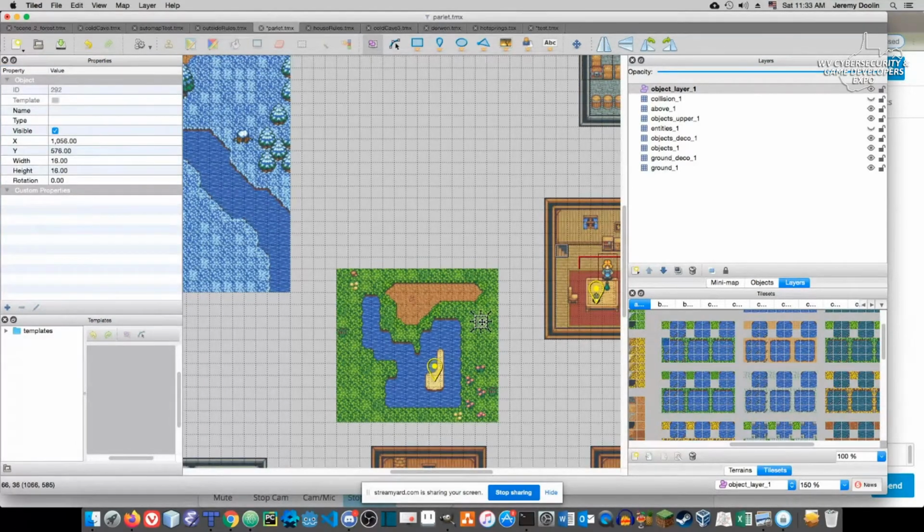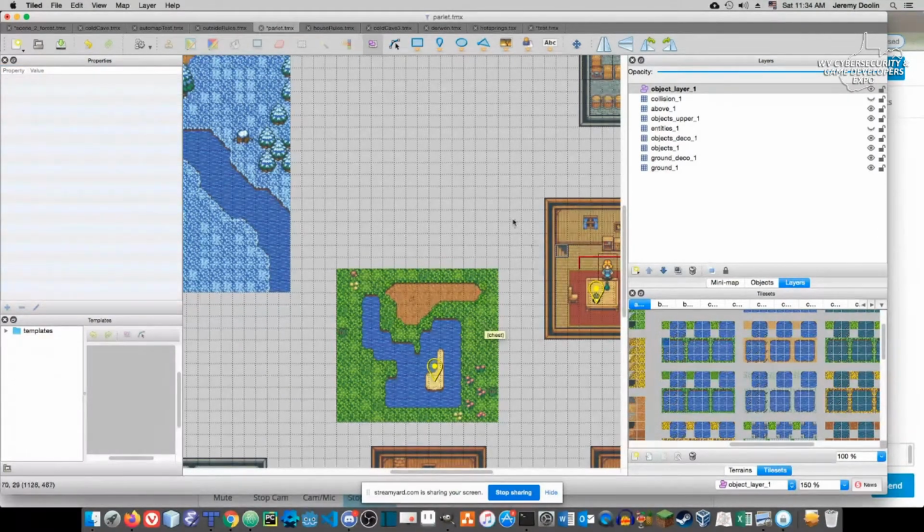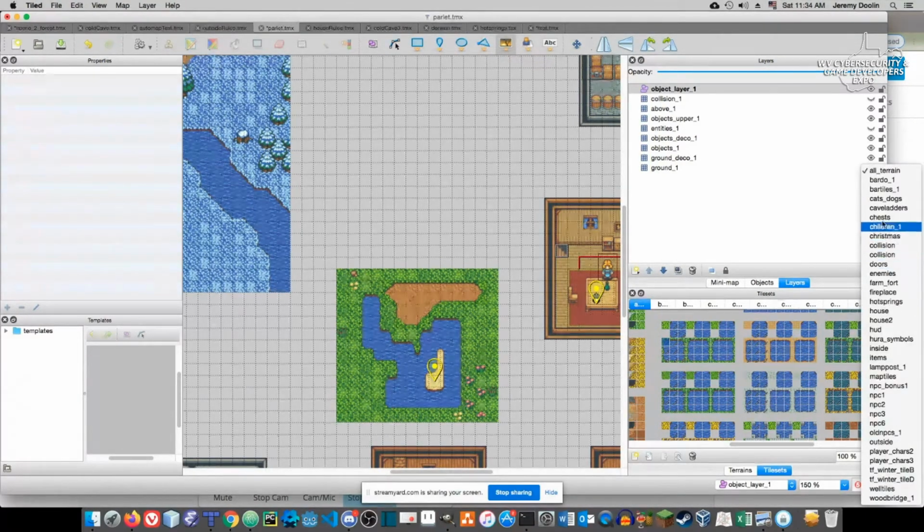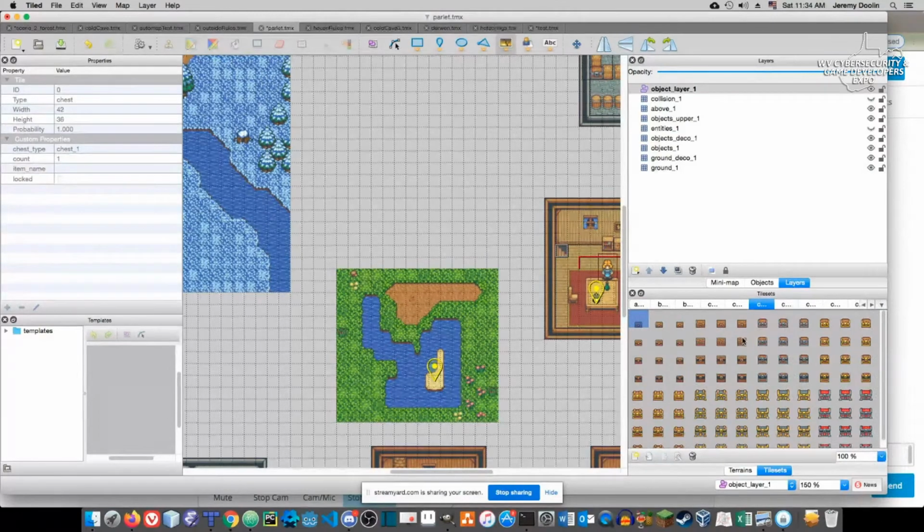Here's a generic object. But I could make this a treasure chest. Okay, so chest. Now it's a treasure chest. But I can go one better than this. I'm going to delete this treasure chest, and instead of creating it with a generic square shape, I'm going to create it with a tile. So I'm going to use a tile insert, go to my chests graphic, and pick one. Let's see, I'll go with this little gold treasure chest here. Now I can place the chest,